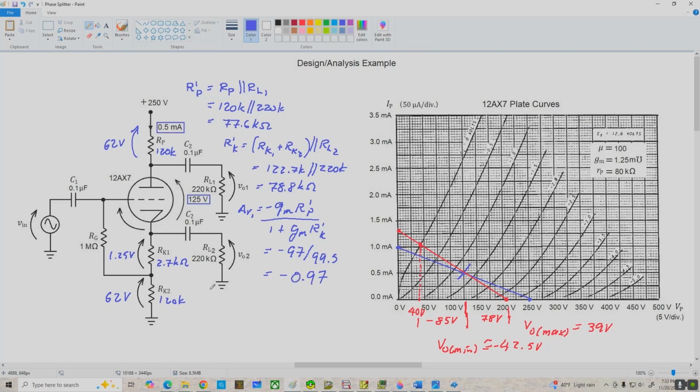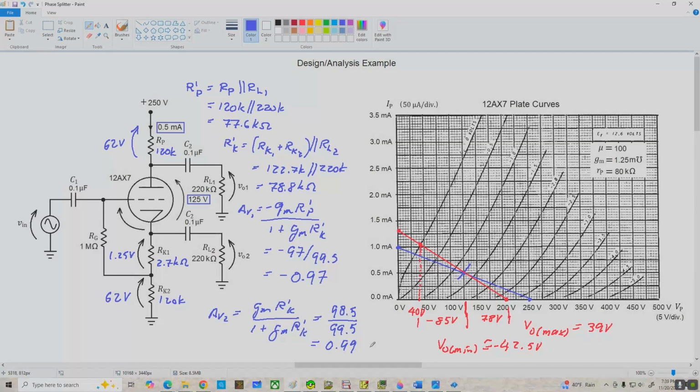And our non-inverting side gain is going to be AV2, which is GM times R prime K over 1 plus GM times R prime K, which gives us 98.5 divided by 99.5, which is a voltage gain of about 0.99. So we do have a little bit more gain down here on our non-inverting side than the inverting side, and we expected that because of the inequality between the effective resistances in the plate and cathode sides of the